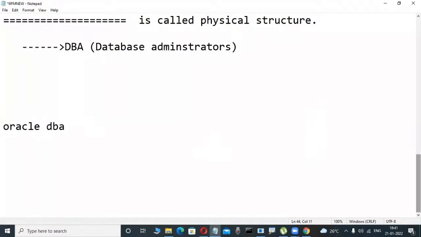DBA course is there, don't worry. Backup, okay, so now here, recovery, so many things are there in that one, table spaces, segments, so many, okay,